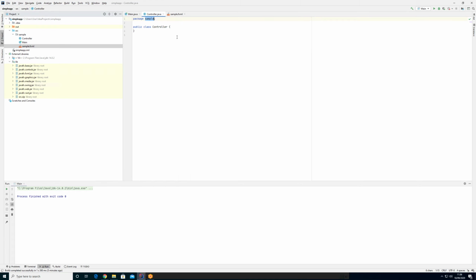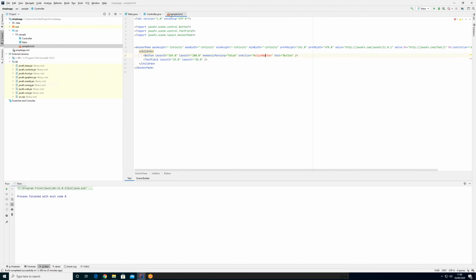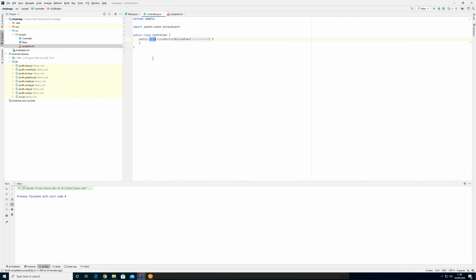So it expects a method inside of the controller that actually reacts to this action, because it will ask this method to do something, but it's not there. So IntelliJ is kind of intelligent here, saying you forgot to define that method. I could either do that manually, or I can get a small help from this nice little red one over here. So I use the top one called create method click button in the controller,